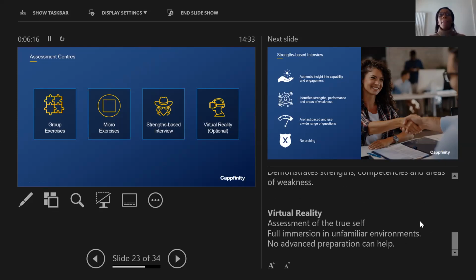I suppose what virtual reality is about is assessment of your truest self. Some of these environments may look like the Accenture reception desk. How do you approach that person? You've got a meeting and you're late, or something's happened. It's looking at your real life responses within that particular situation.